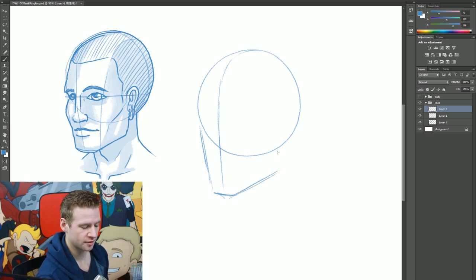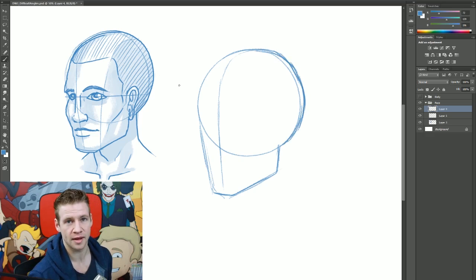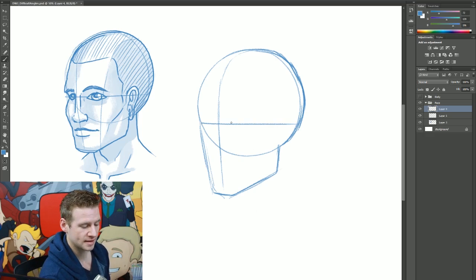So the jaw has a flat tip at the very end. From the side of the face on this 3/4 angle, it just drops straight down. But as you can see, as we follow along this more side view of the jaw here, it goes along on a more horizontal plane and then juts straight up into where the ear will go. Another thing to note is that the head is actually elongated towards the back. So it's good to remember that when you draw 3/4 and side views, just to pop the back of the skull a little bit further back. Then finally we add the center line for the eye line,